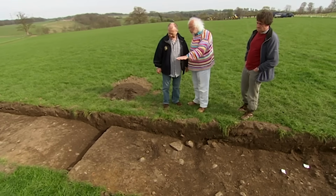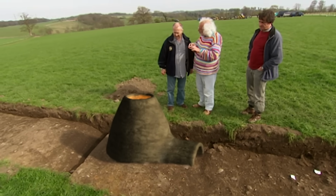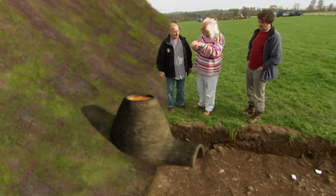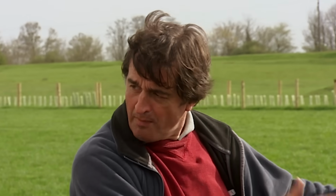This is probably either an oven or the base of an oven, or burning associated with ovens, because there were often ovens in the back of the rampart. Guy, why would you put an oven in the back of a rampart? Well, this is a timber fort, so your barrack blocks are made out of wood. The last thing you want them to do is to burn down, so you have your bread oven over here